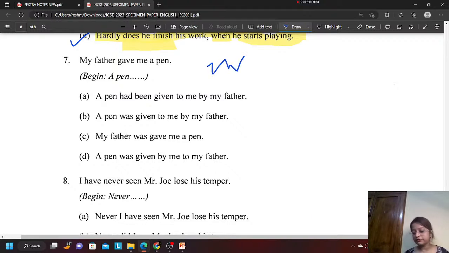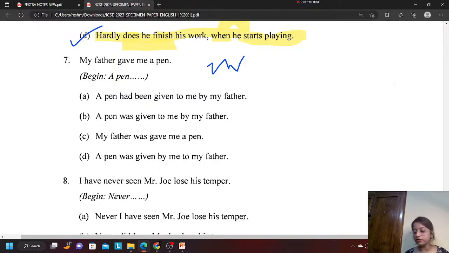Okay. So active passive means what we have to take care of? Subject, object, verb. Okay. So this is given in which form? Active form, because subject is my father sitting in front. Okay. Who is doing the work? My father. So he is the subject. And we have to change it to passive. So which is the object? Gave me what? What answer are you getting? A pen. So we have to change it to passive, because see, begin with what? A pen. So immediately we will cancel C1.